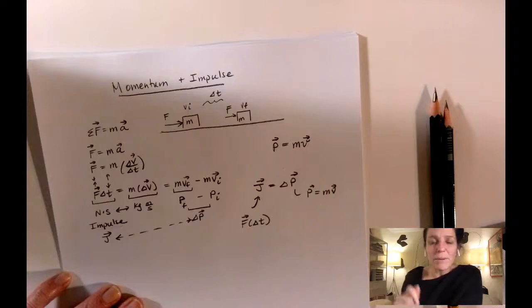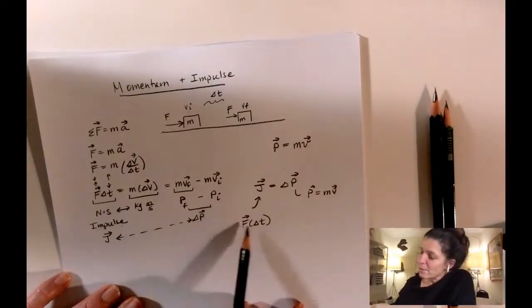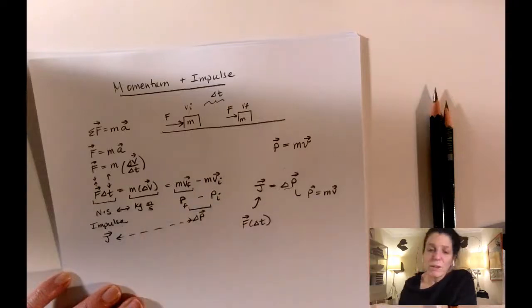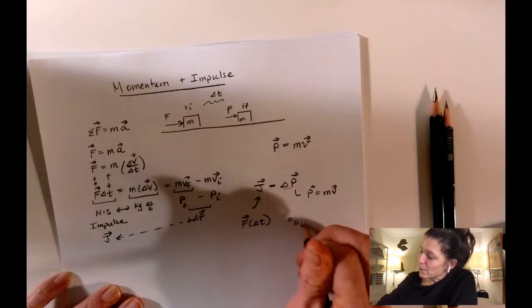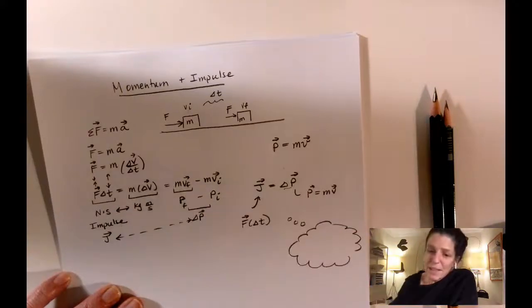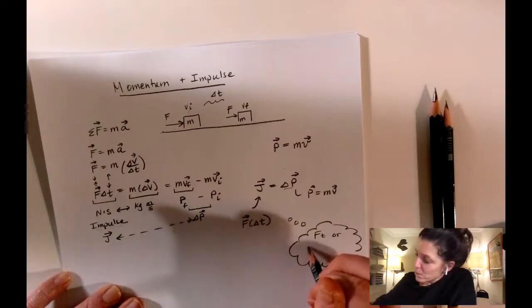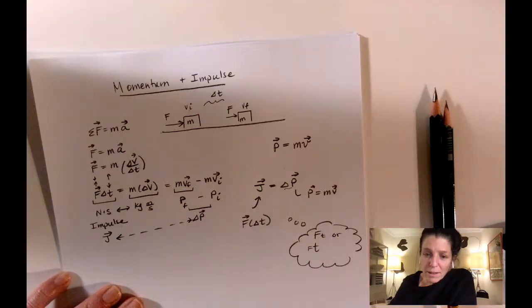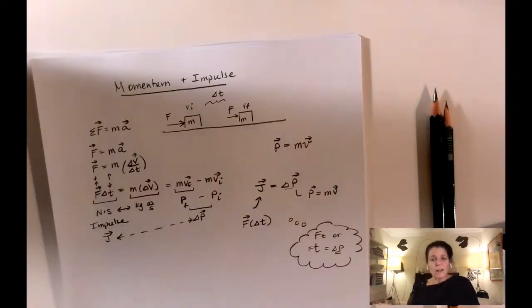So again, this is nothing but a recasting of Newton's second law. But it does allow us to talk about a problem differently. It allows us to say, if I have a certain momentum change I want to achieve, right? Because what would this be saying? Like if this had a thought bubble associated with it, let me put a little thought bubble. It would be saying something like big force with little time, or small force with big time can achieve the same delta P. Meaning I'm driving in a car, I have a speed, velocity, I want to come to rest